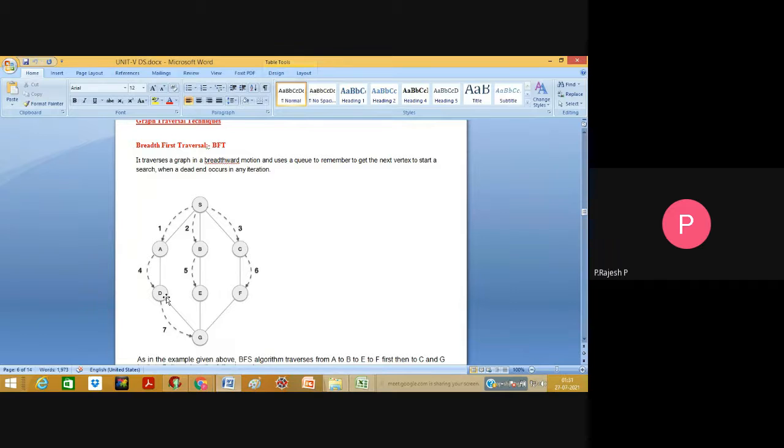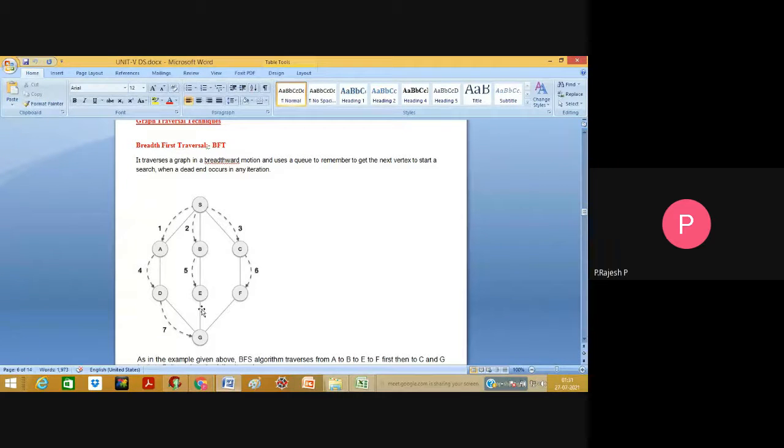Nothing. So immediately delete an element from the queue, that is E. Find out whether there are any adjacent nodes for E. Yes, we have B and G, but B has already been visited and G has also already been visited.